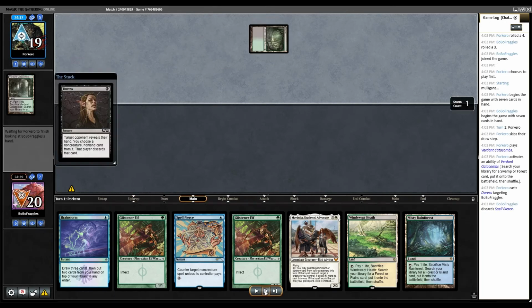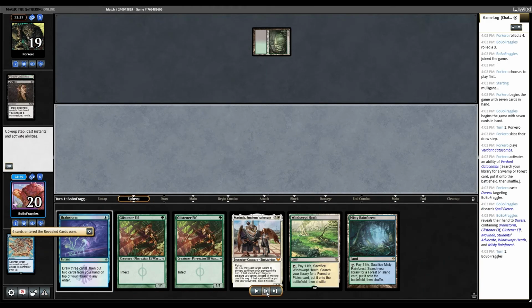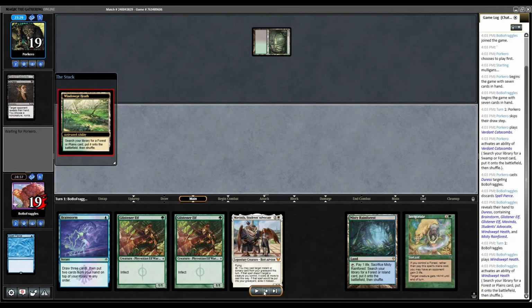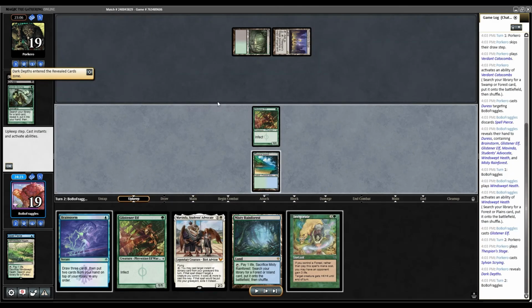They play and they Duress us. Duress does not mean Glistener Elf, so they take our Spell Pierce, which I'm thinking now they're on like Storm or something. So we go ahead and we drop that elf. No, so they are on Turbo Depths, and they wanted the Spell Pierce so that they could still